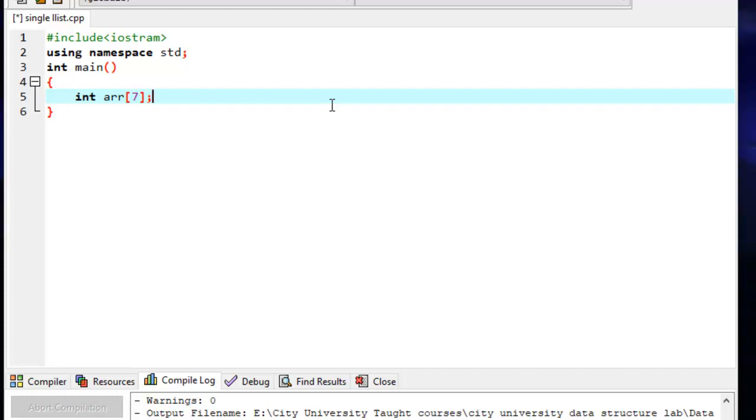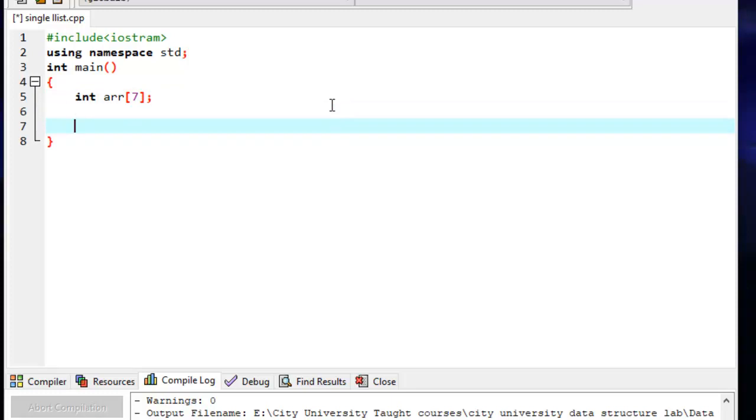I will insert 7 elements, and I will create a loop to insert data by the user. So i is equal to 0 and i is less than or equal to 6, and i plus plus.